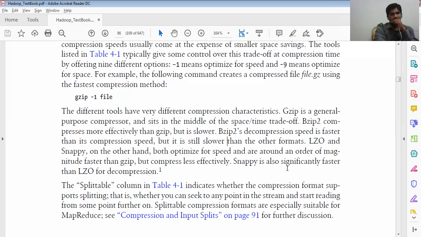Snappy is significantly faster at decompression. Then splittable indicates whether the compression format supports splitting, that is, whether you can